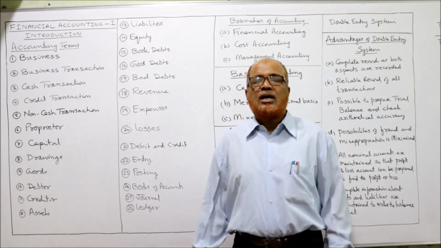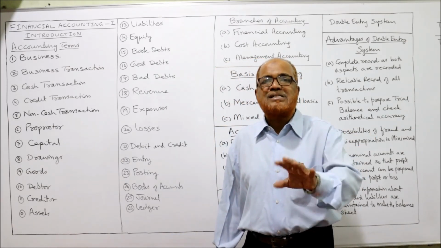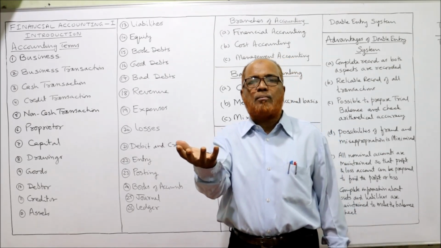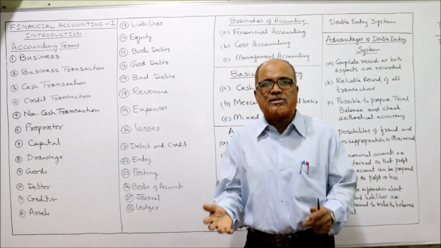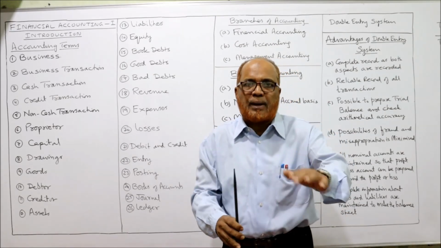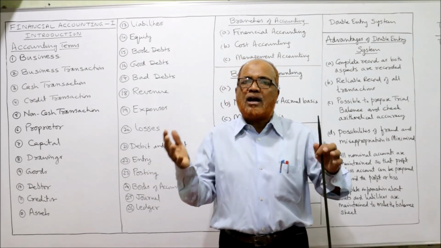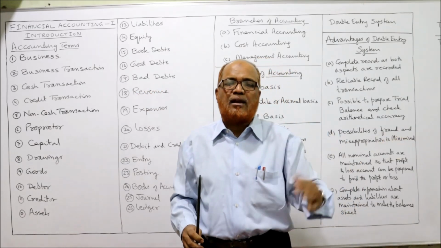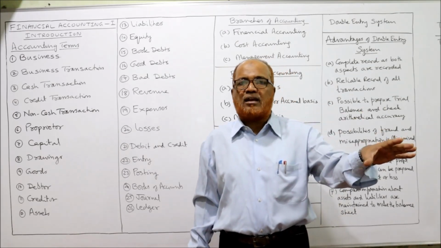Goods are the articles, commodities or things in which the business deals. That means those articles or commodities which are purchased by the business for the purpose of sale. Example, a furniture business has purchased furniture for the purpose of selling it. So this furniture is called goods. Similarly, a cloth business has purchased cloth for the purpose of sale. It is called goods. When the goods are unsold, still there, not yet sold,